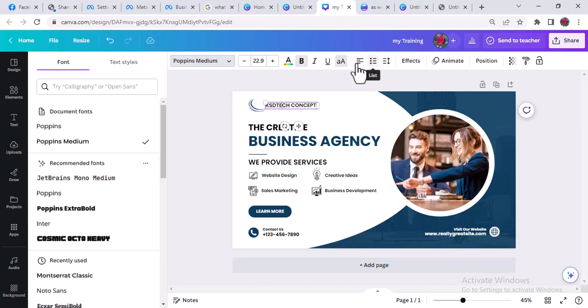Then where you want it to start from, your paragraphing, whether from the left, center, or justify, any one you wish. This one is your breathing space. So with this you can use it to